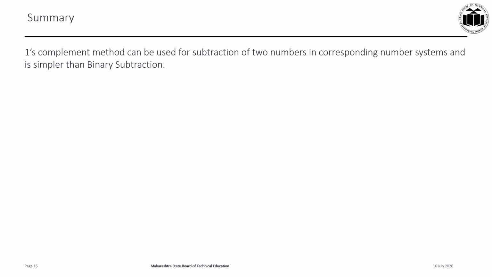The four steps that we follow for subtraction using the 1's complement method are: Step 1 is to find the 1's complement of the subtrahend. Step 2 is to add the minuend and the 1's complement of the subtrahend. Step 3 is, after the addition, if you get a carry equal to 1, you add the end-around carry to the answer and your final answer is positive and in true form. Step 4 is, if you do not get a carry, which means the carry is equal to 0, then the answer that you get is negative and it is to be converted into 1's complement form.